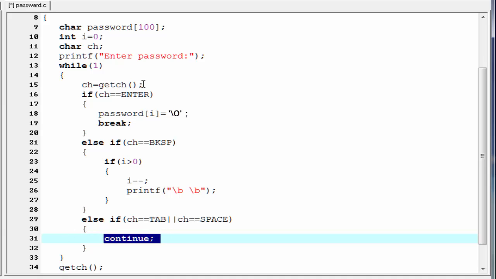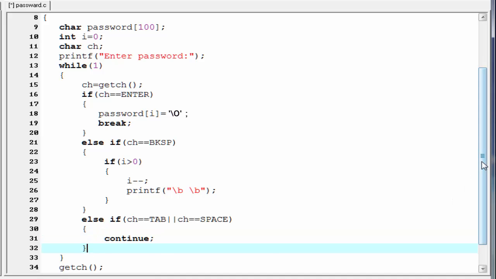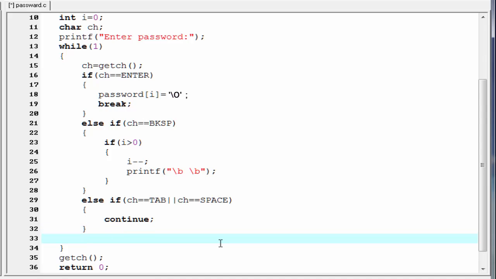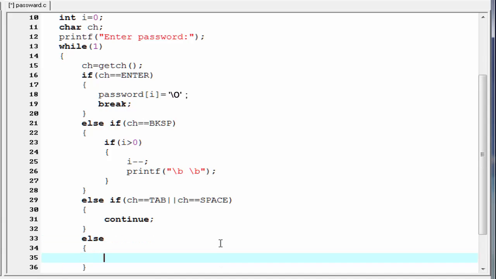If the character that the user entered is not a enter key, not a backspace, not a tab or not a space key, that means the user press a valid character. So what we do now? We store the character to the input array password, else password of I equal to ch.